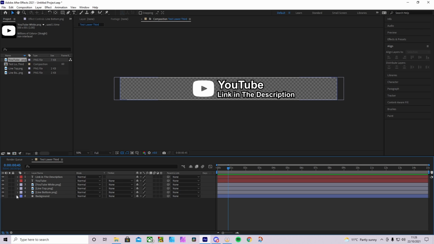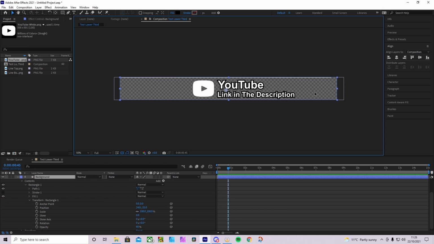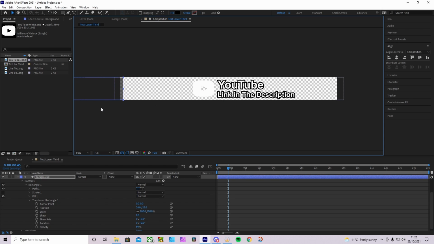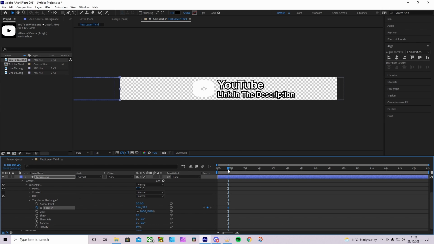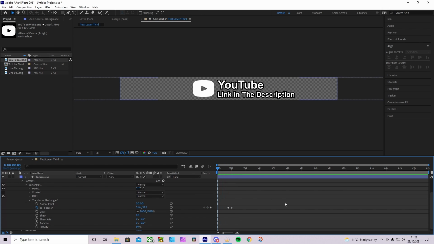You then want to do the background. Now the background needs to be completely gone. So again, you take it all the way off, just until you can see the line, like that. You're then going to click the keyframe for position. You're going to go forward to 1 second, and you're going to press Align Horizontally, like that. Like that. So now if we play this back,